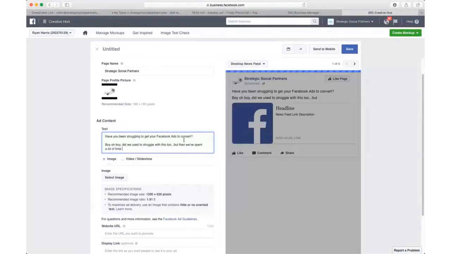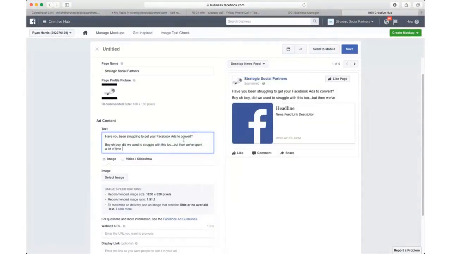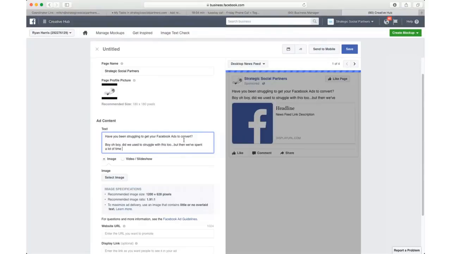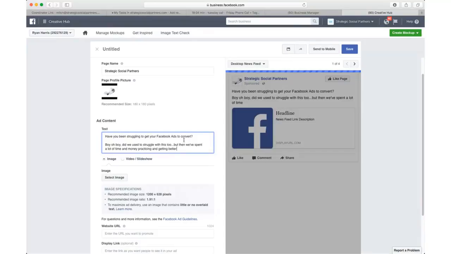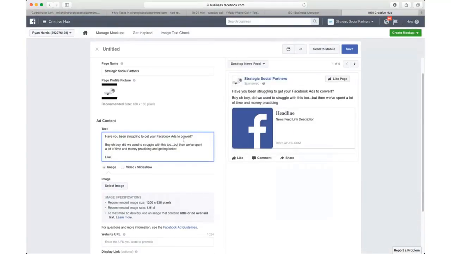I think next we should go, like Brad talked about, take them through the journey that we've gone through. But then we've spent a lot of time and money practicing, and getting better. And I might even add a line in there right after that that just says, one